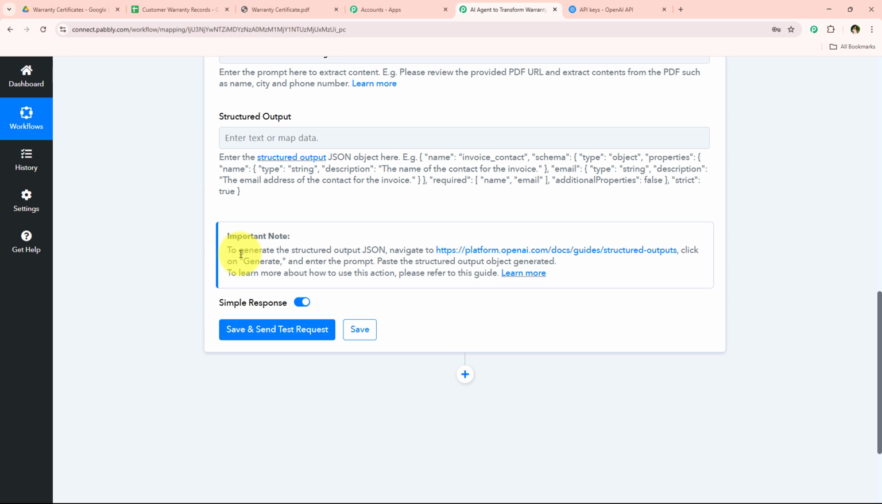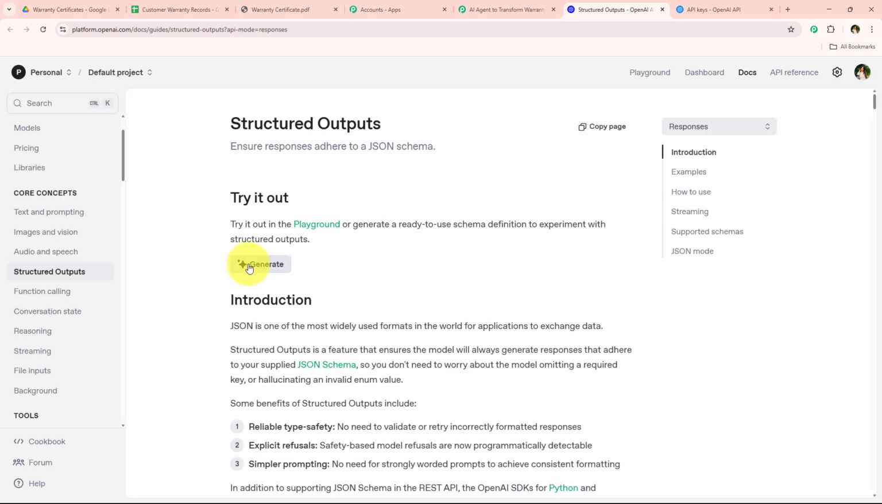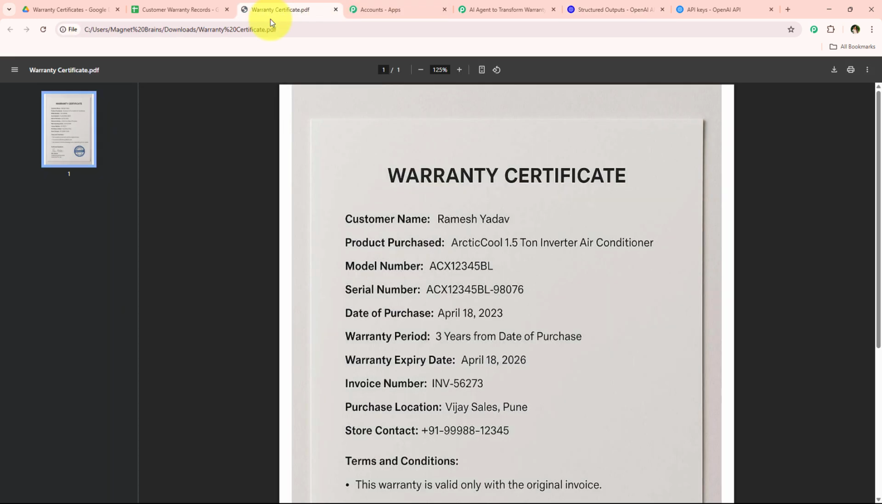What we have to do is go towards this URL right over here. So I'm simply going to open this URL, and after opening it, we simply have to click on this generate. So I'm just going to generate this JSON schema without knowing any programming or coding language. For that, we simply have to enter the prompt. So how are we going to enter the prompt? For that, I'm just going to open the PDF